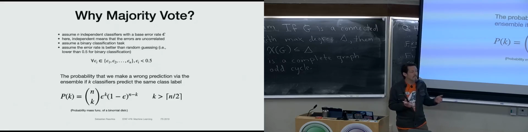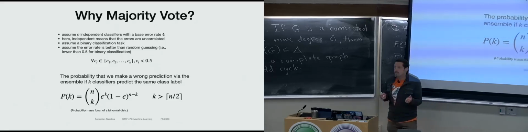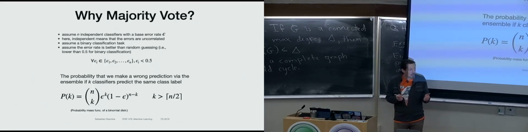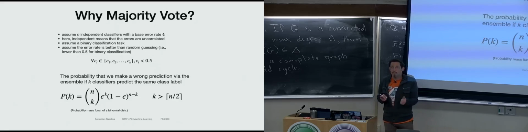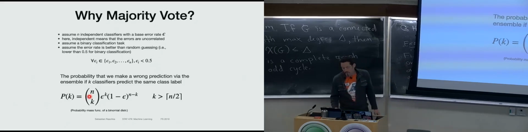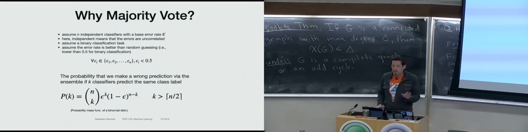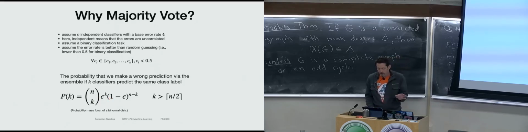How likely am I to get 6 learners out of 11 wrong? That's what I'm asking. All 6 of these learners have to be wrong at the same time for me to be wrong as an ensemble, right? So that's what this formula is in here. What's the probability of 6 out of 11 being wrong? Okay? Again, if you want to know more, go through the pre-video where I cover this slower and in greater detail. But that binomial theorem,